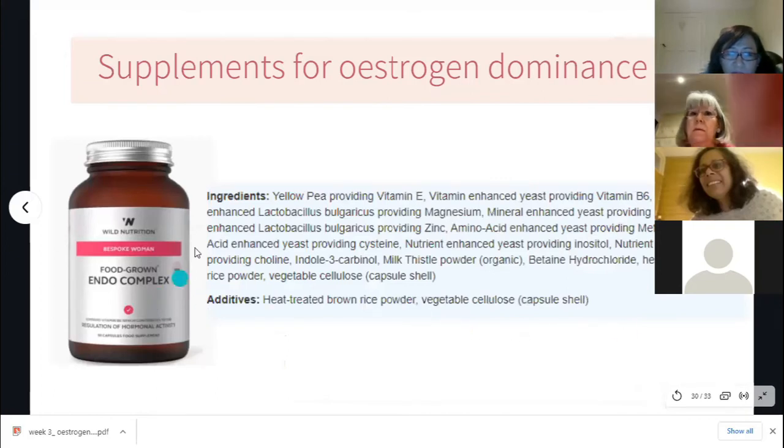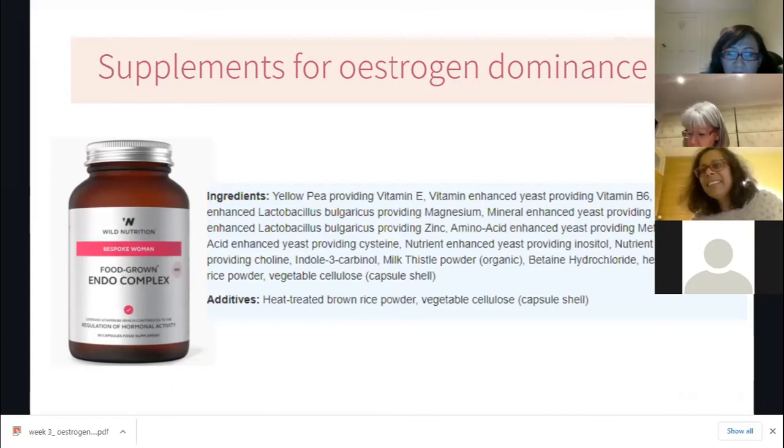Now this one here is a very well-known UK-based company. I love them because they're 100% food state, and they use probiotics to ferment the food. So what they do is they feed friendly bacteria and yeast, like these Saccharomyces yeast, with food, and then they break down the food into nutrients. They then encapsulate the nutrients into the supplement, which is what you consume. So when you're taking a food grade supplement, you're also getting the good bacteria in it.